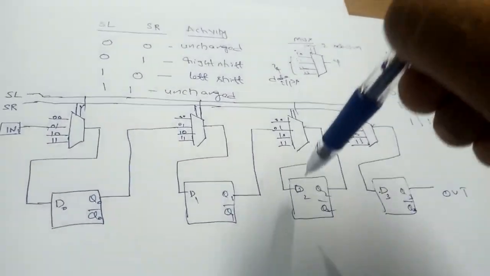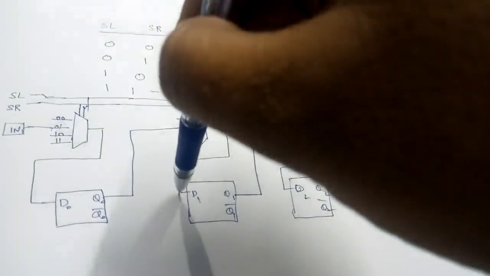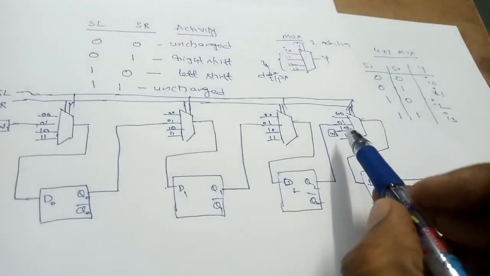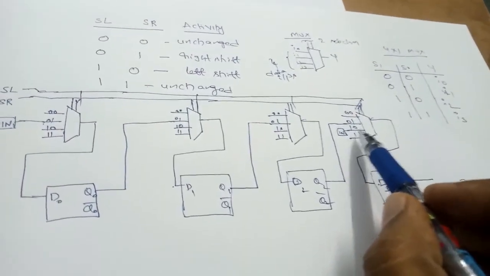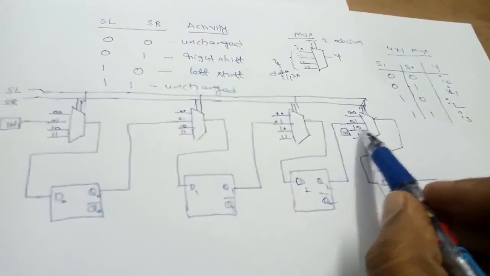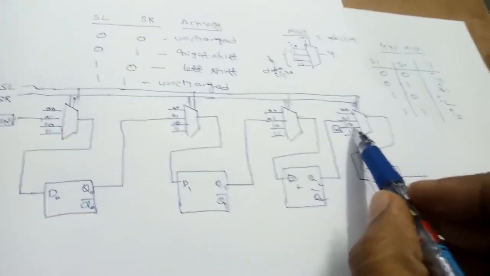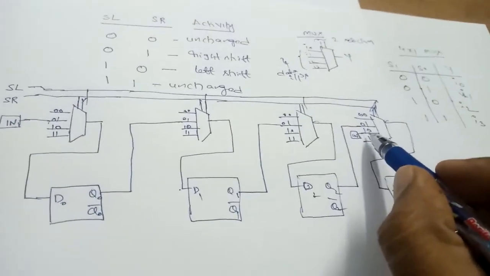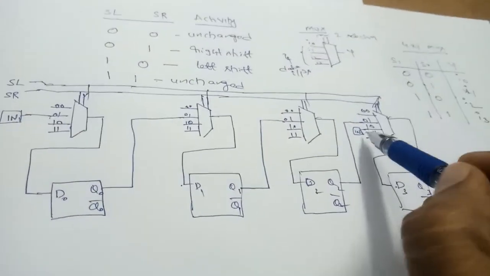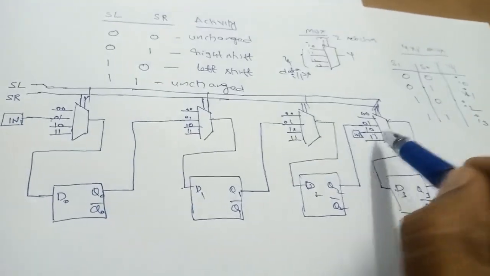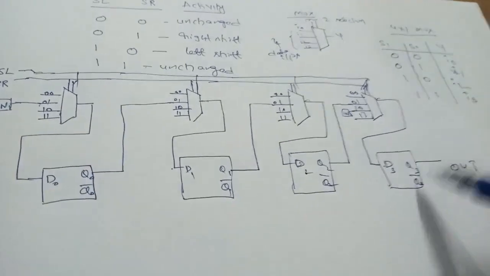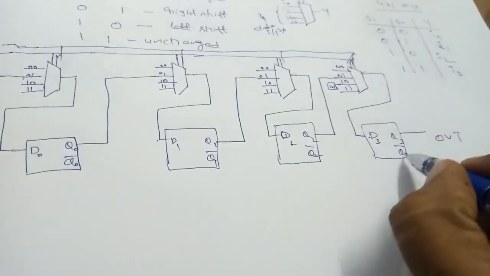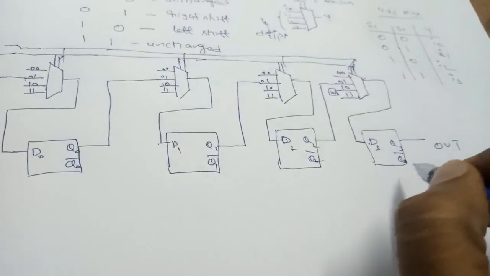From this the data has to be shifted to the left, one to the left and one to the left. Okay, so the input is given to the multiplexer data input having the choice 1 0, based upon the given problem. Whenever the selection input is 1 0, the data input is directly given to the last flip-flop. Now whatever data is stored in the last flip-flop has to be shifted left.